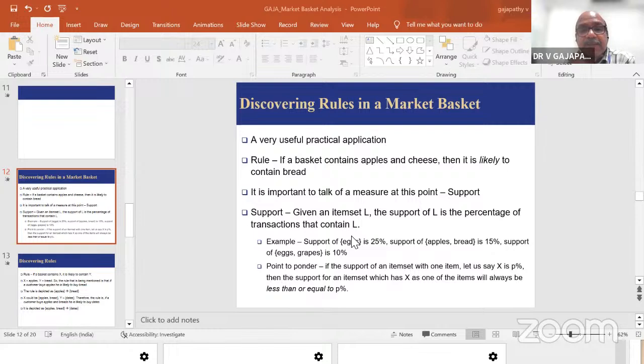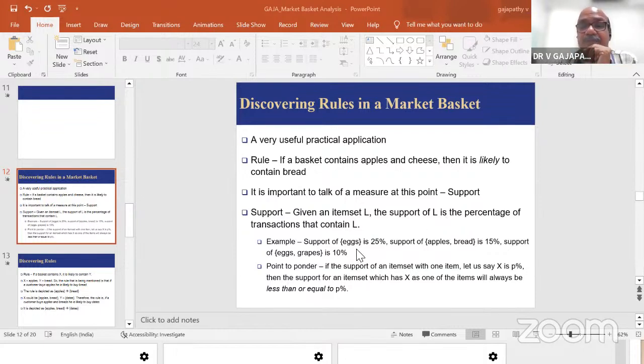Yeah, this is an example. And point to point, if the support of an item set with one item, let us say X, is P percentage, then the support for an item set which has X as one of the items will always be less than or equal to P percentage. This is a little bit technical. I will be telling what is the meaning of it. Say, for example,